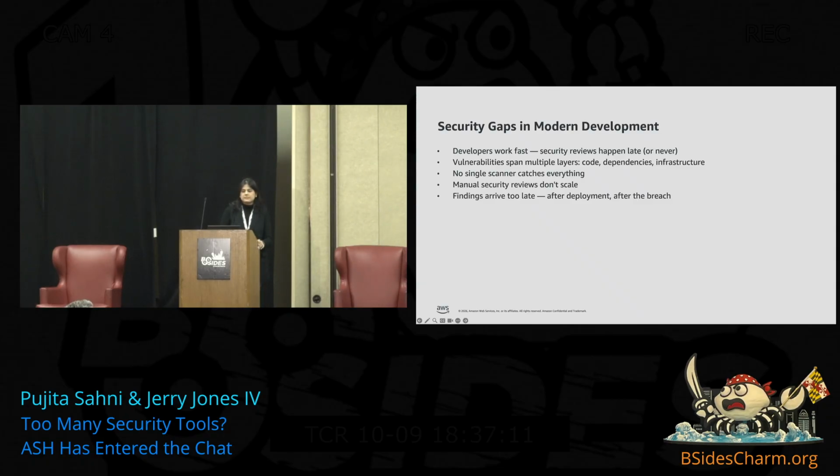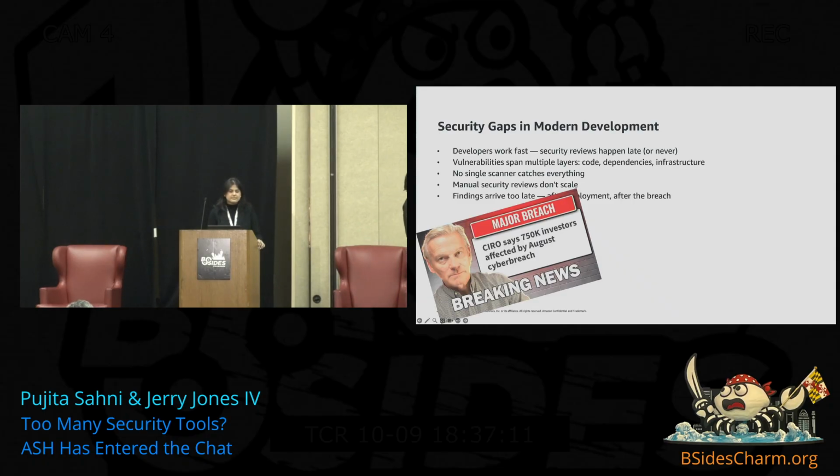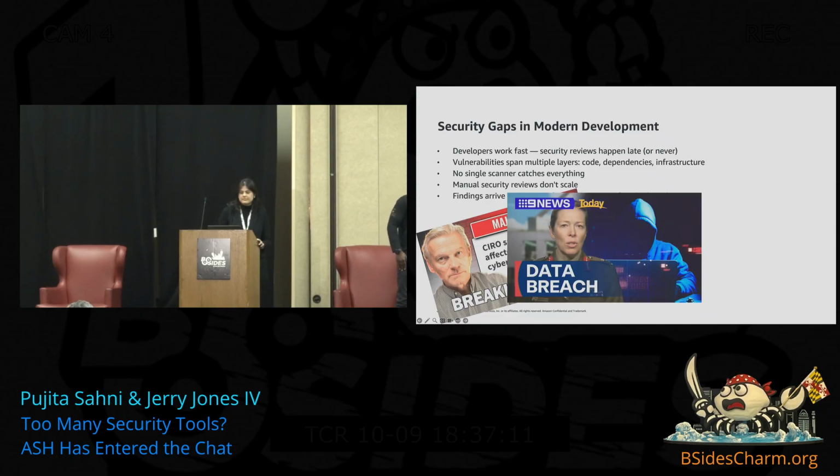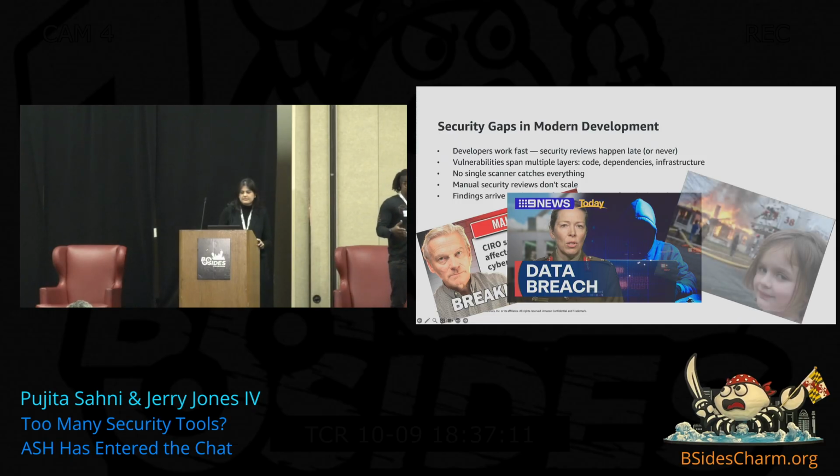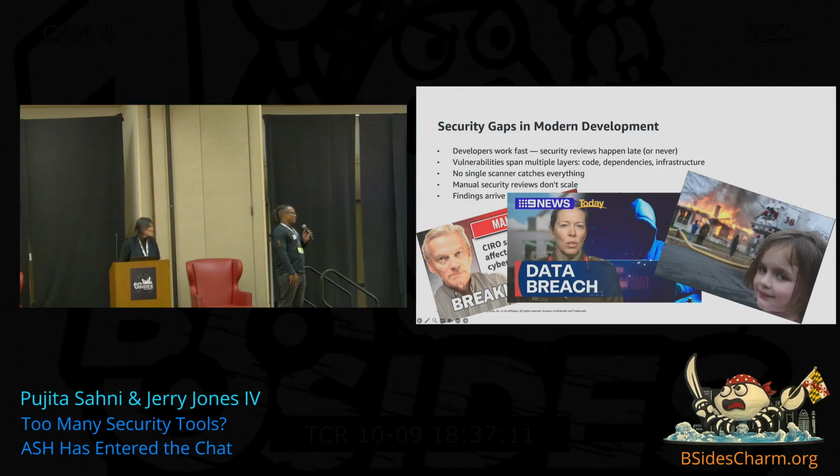Problem being, there is no single security scanner that can handle all of these and find everything. And managing multiple individual scanning tools, keeping them up to date, installing them, is a lot to handle. And manual security reviews don't necessarily scale very well. So you find the findings too late, maybe after the deployment and it's live and you see it on your phone, your website, maybe after the data breach happens, and then maybe your organization is on fire and everyone has a SEV 2 and everyone's getting called at 5 a.m. in the morning. It happens. So that is a problem.